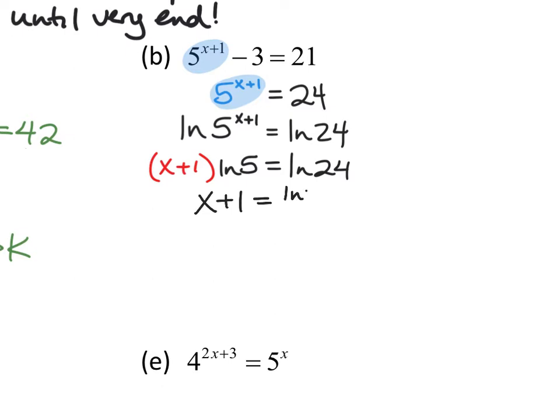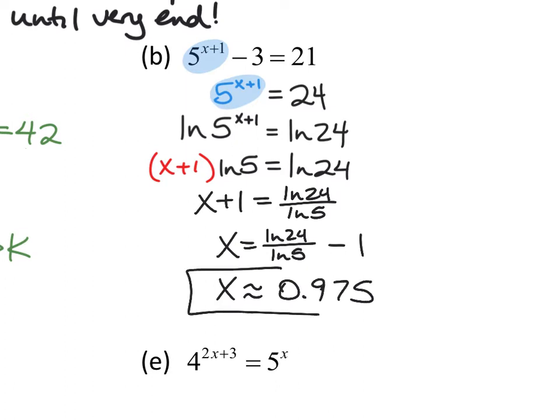Because then we have the natural log of 24 divided by the natural log of 5 is equal to x plus 1. And we know how to solve for x here. That's going to be natural log of 24 divided by natural log of 5, all minus 1. Again, remember, we wait to the very end to press enter on our calculator. I recommend using the fancy fraction on this if you're not 1000% sure that you know how to use parentheses appropriately on your calculators. But this would be x approximately